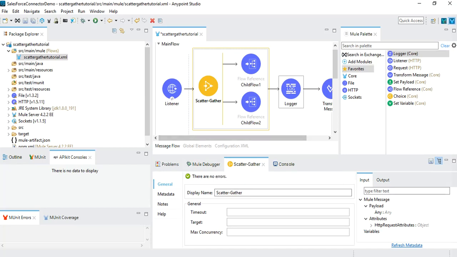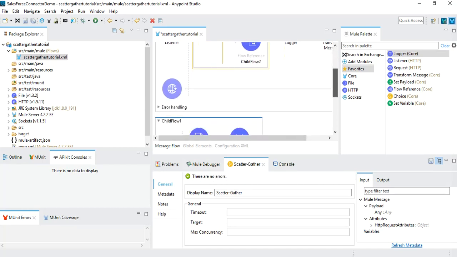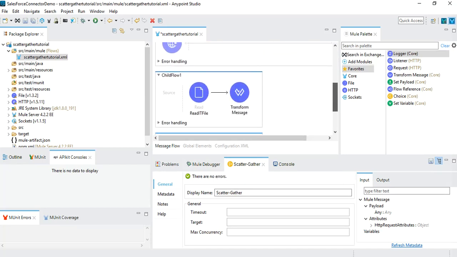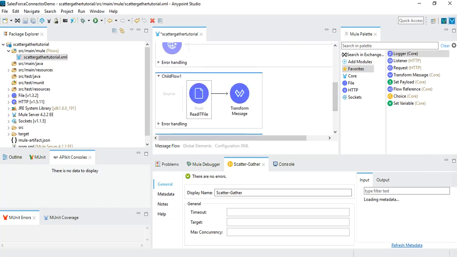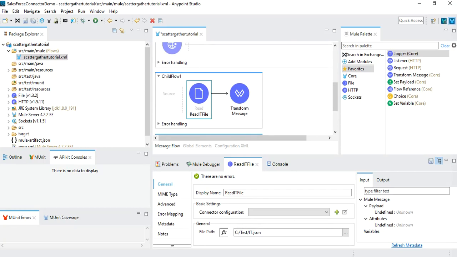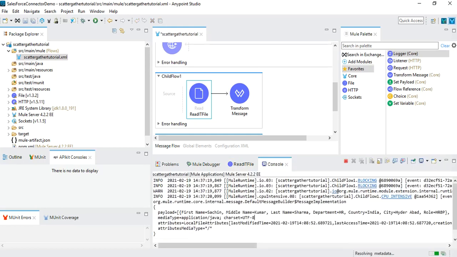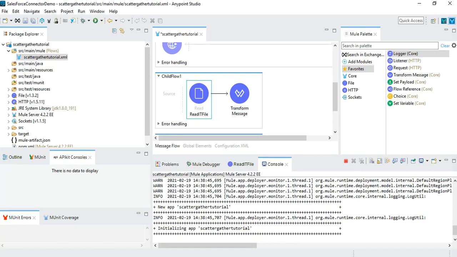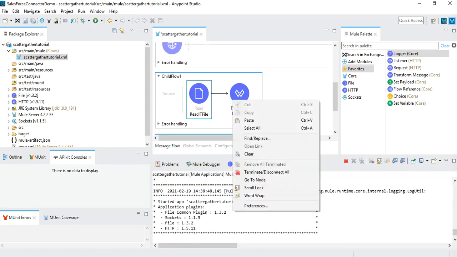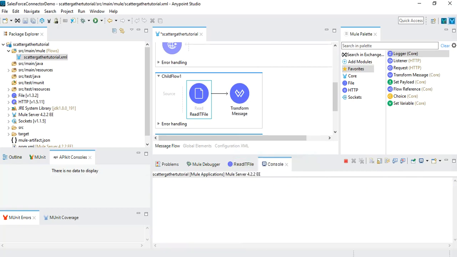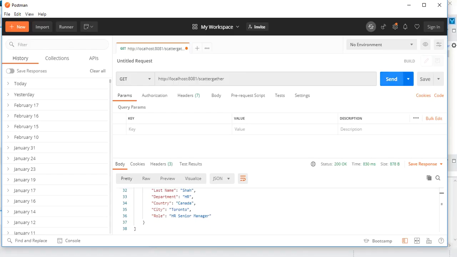Okay, so right now, if you see, we are not having any error handling. So in this case, let's see what happens if one of the routes fails. Here I'm going to put a wrong name, and I will put sits.json. This file basically does not exist. So we want to see that if we are using scatter gather and one of the routes fails and we don't have error handling implemented, what will happen. Let me clear it and let me try to run it,